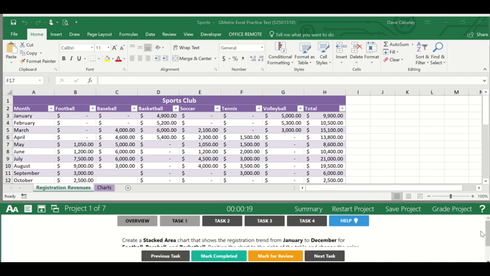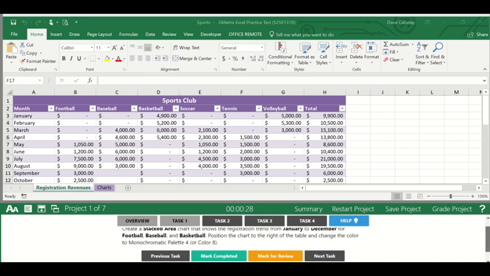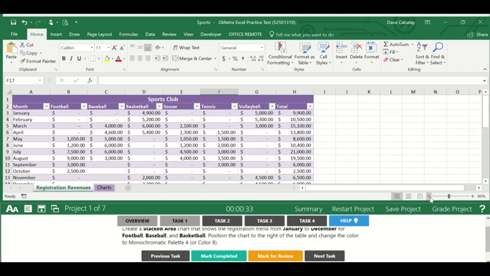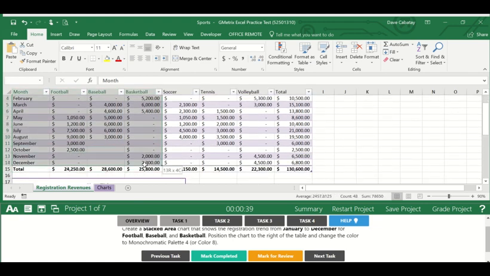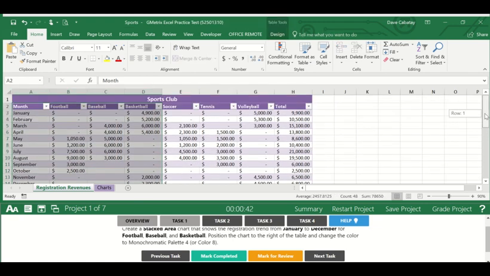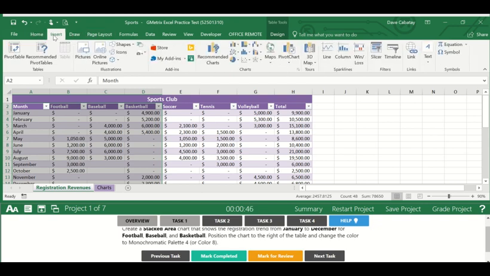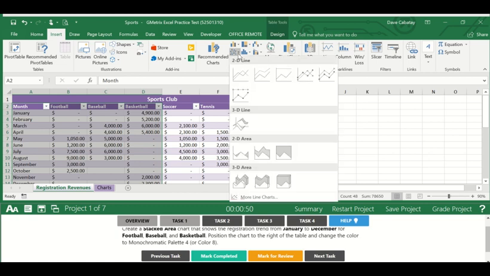Task 1, create a stacked area chart that shows the registration trend from January to December for football, baseball, and basketball. Position the chart to the right of the table and change the color to monochromatic palette 4 or color 8. Okay, so what we're going to do is we're going to simply highlight cells A2 to D14. So we only need the data football, baseball, and basketball. We're gonna go to insert, then look for that stacked area chart. So area chart, okay,